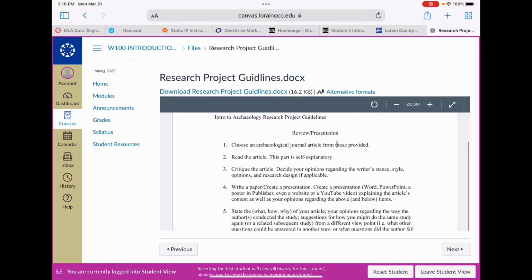So choose a journal article from those provided, read it, easy. Critique the article. You can give me the writer's stance, style, opinions. That's all great. And write a paper or presentation, could be YouTube, could be PowerPoint, Prezi, Word, whatever, explaining the article's